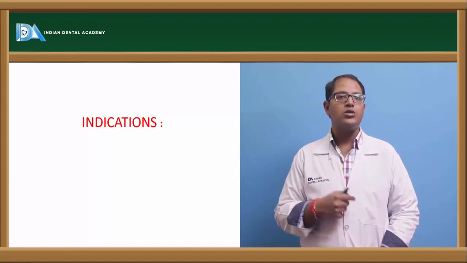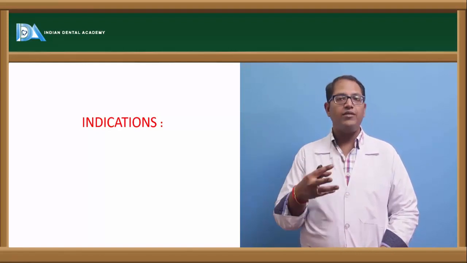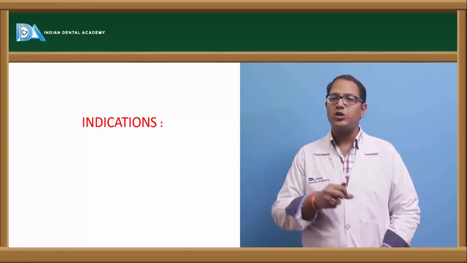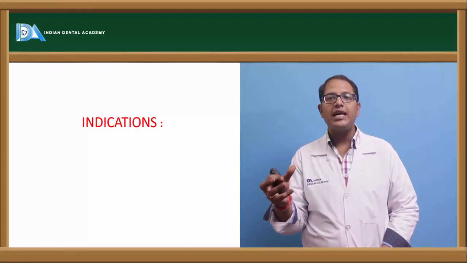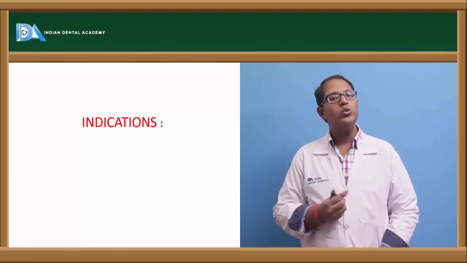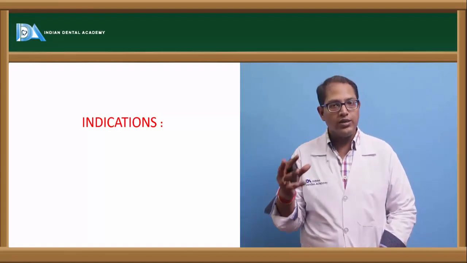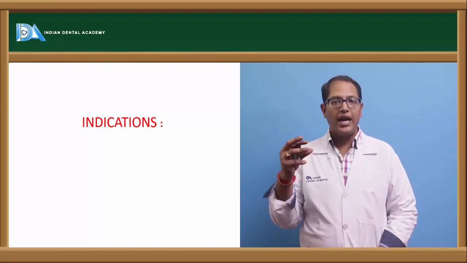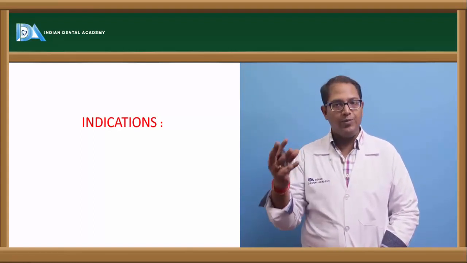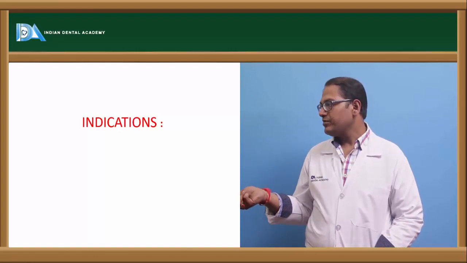Also, we do post and core in cases where we know that we have to give a fixed partial denture and the abutment has no tooth but just a root surface left. So we will do endodontic treatment to those, build up a core, and place a crown over there. Coming to